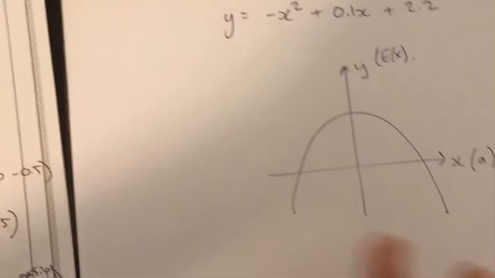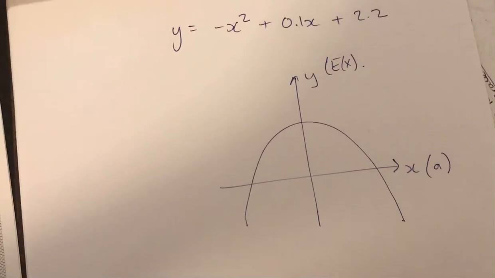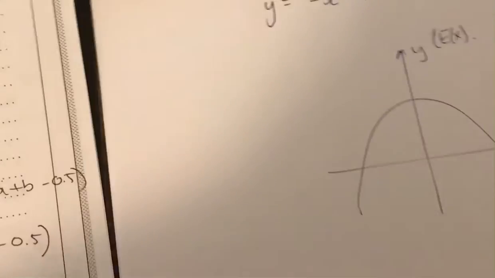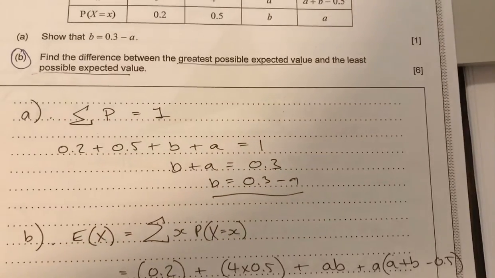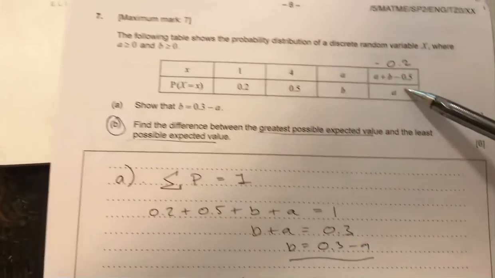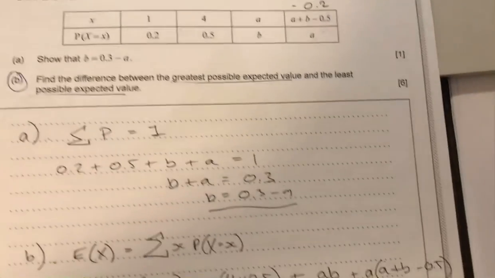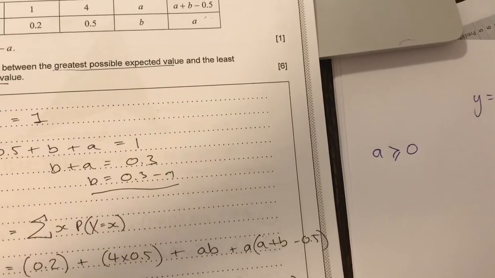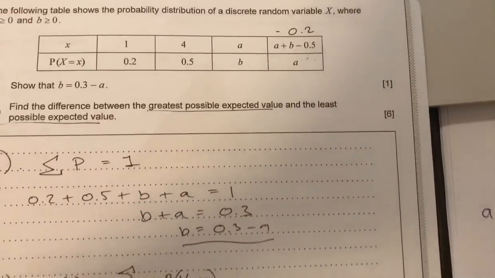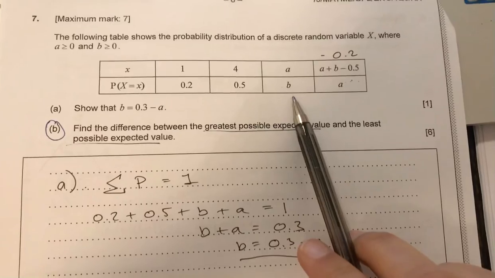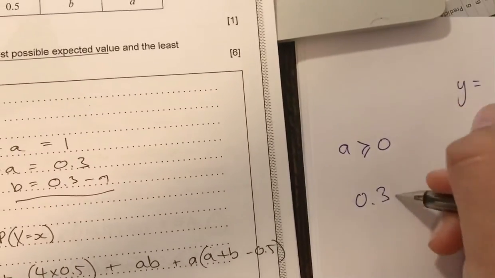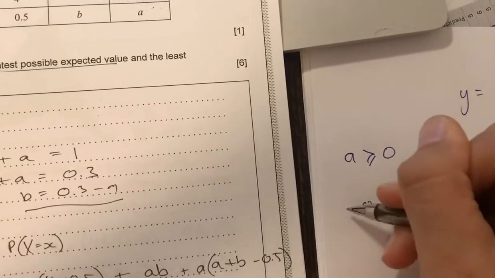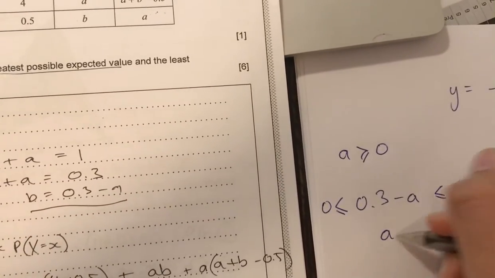And this is where we're going between probability and functions, and we need to be able to figure out both together. So what's our domain for a? Well, a is a probability, so we know that a has to be bigger than or equal to 0, because probabilities always have to be between 1 and 0. We've got the same on b, which is this, so we also have that 0.3 minus a is between 1 and 0. So a is between,